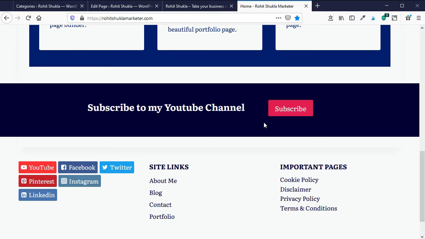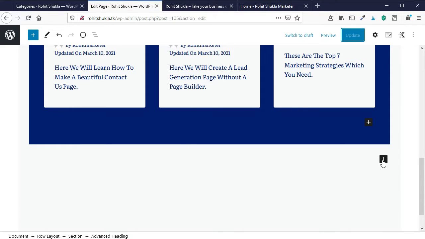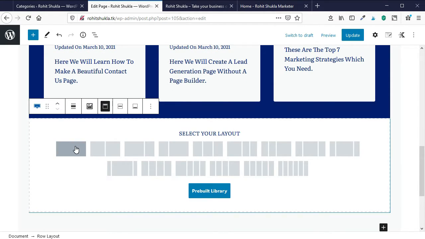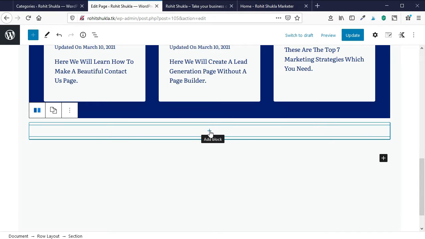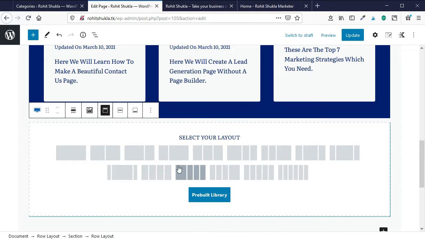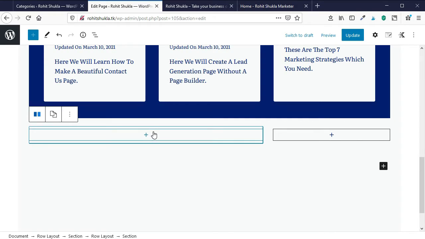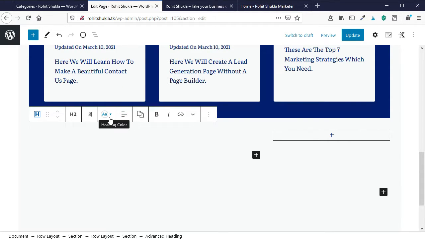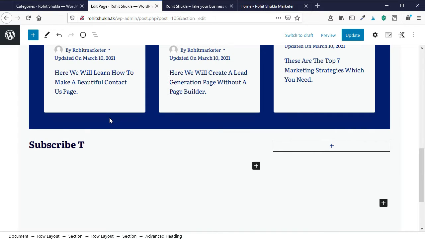Now we will design this call to action area. For that we will create another row block. So we will create a row block here and create another column block inside it, and I will select a heading block where I will type subscribe to my YouTube channel.